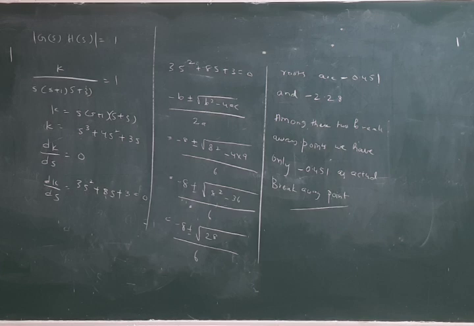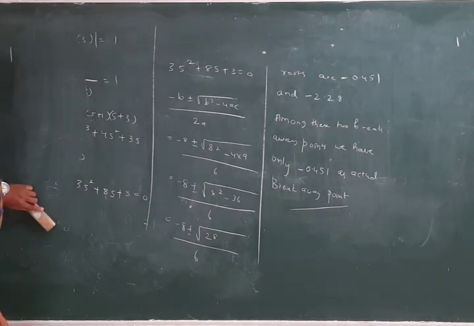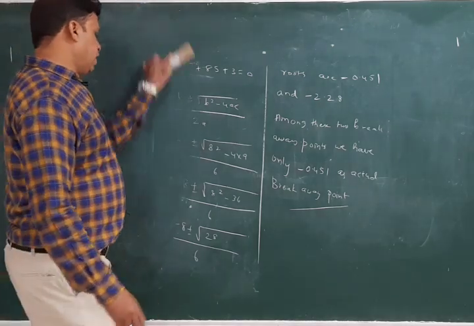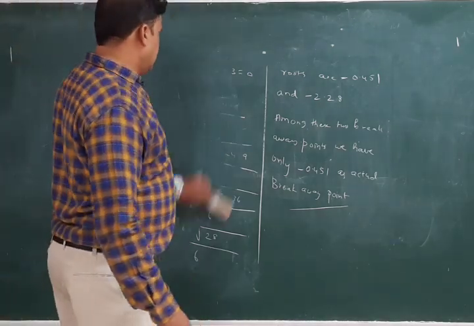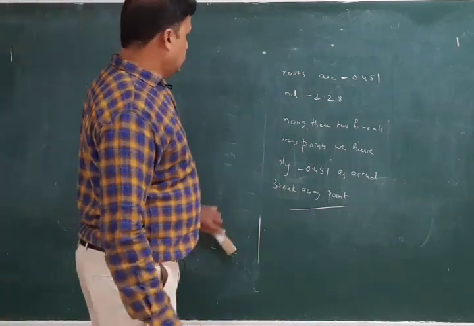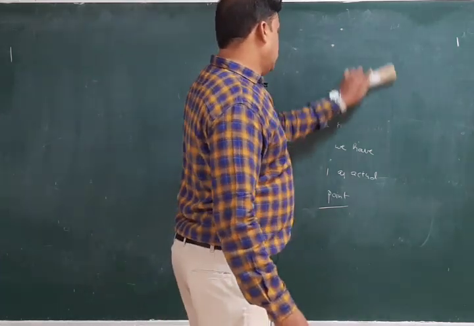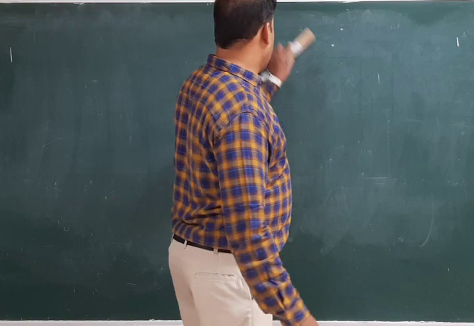Now we will draw the root locus for it. How to draw the root locus we are going to know. First of all, we have to remember these values of centroid, the breakaway point, as well as the poles. All these things you have to remember and draw the root locus. So it is very simple to draw the root locus now.